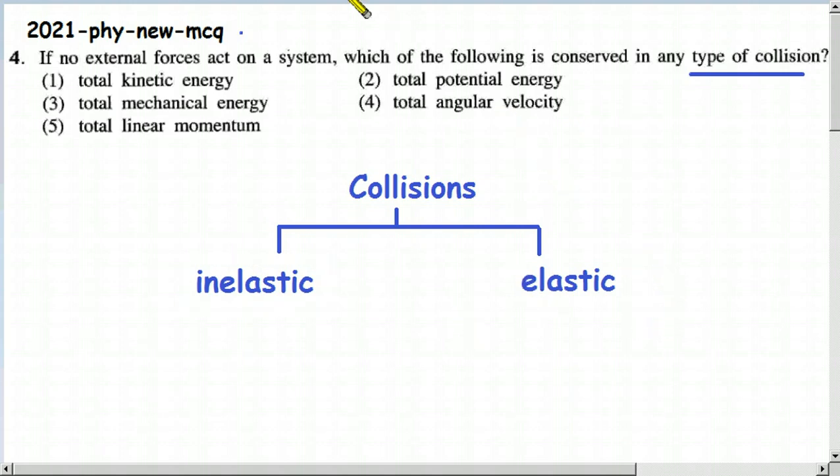So if we explain what they are in simple words, say we allowed a rubber ball to fall freely to the ground, and what happens, it moves down, and just before the collision with the ground, say the speed is v, and as